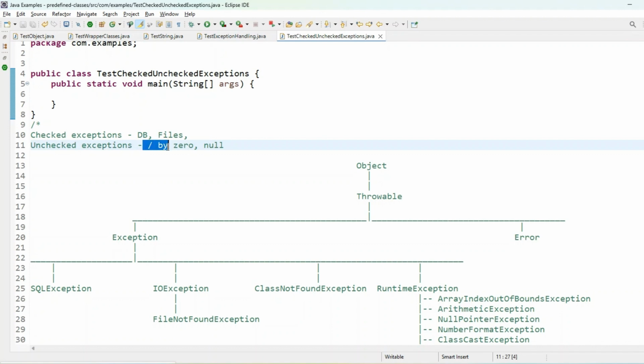Like a number you're dividing by zero, or you're trying to access methods through a null reference, then you will get exceptions like null pointer exception or arithmetic exception. You can always avoid that by writing an if condition telling that this number should not be equal to zero. Then you can use that number to divide another number. And you can use an if condition that the reference is not equal to null, then you access the member from that reference. So what you have to understand is